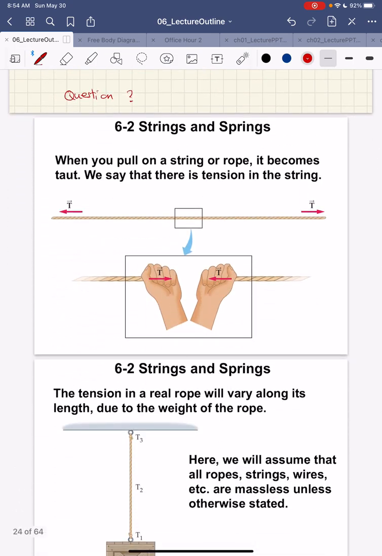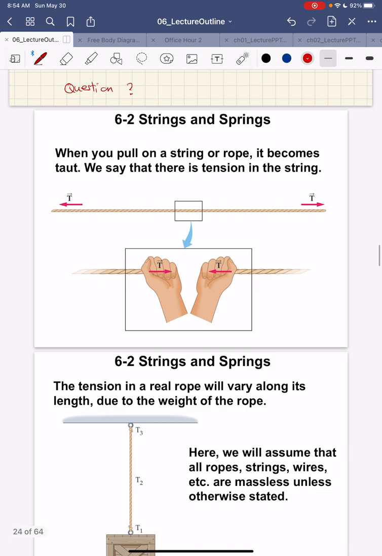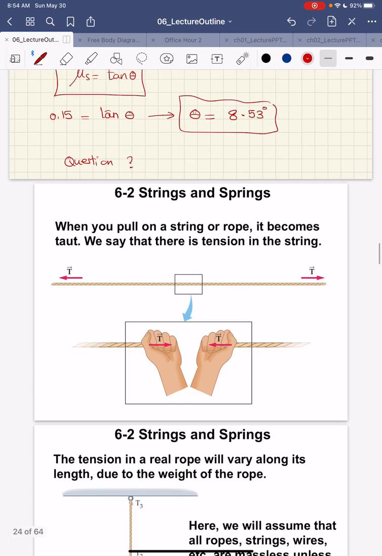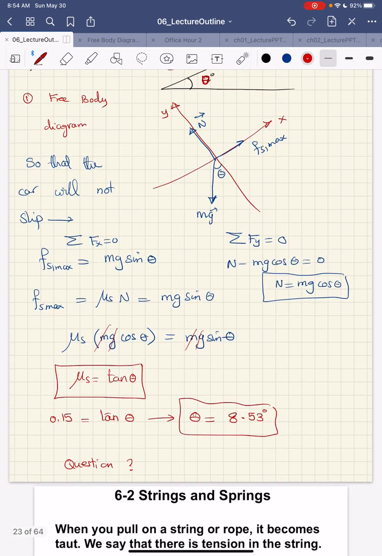Okay. Also, one of the things that I want to talk about, maybe I want to stop here because I don't want to make it very long, and then